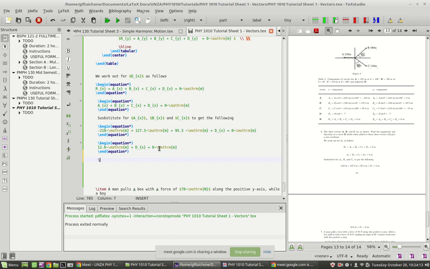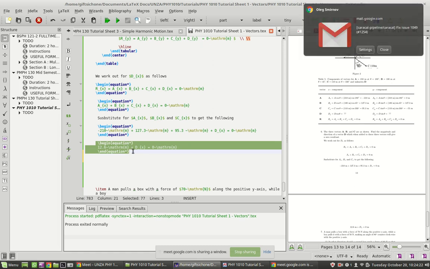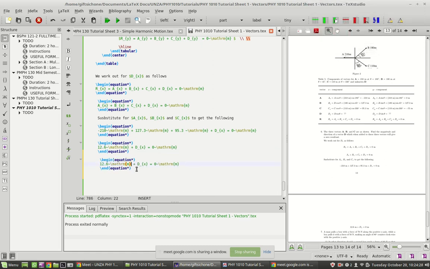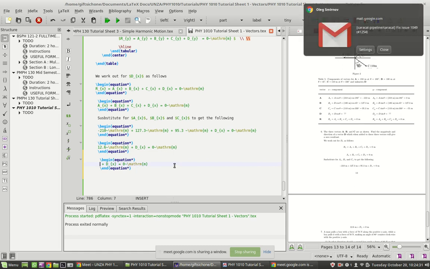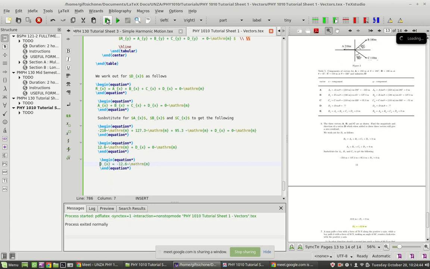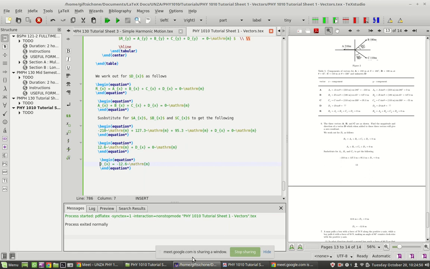So dx, just a minute. So our dx will be how much? Negative 12.6. Yes. Negative 12.6 meters. Similarly, we work out